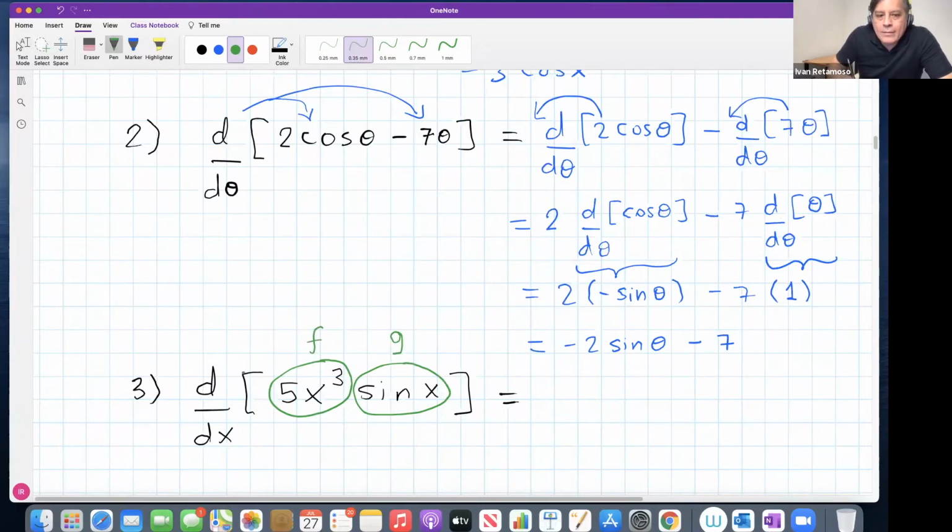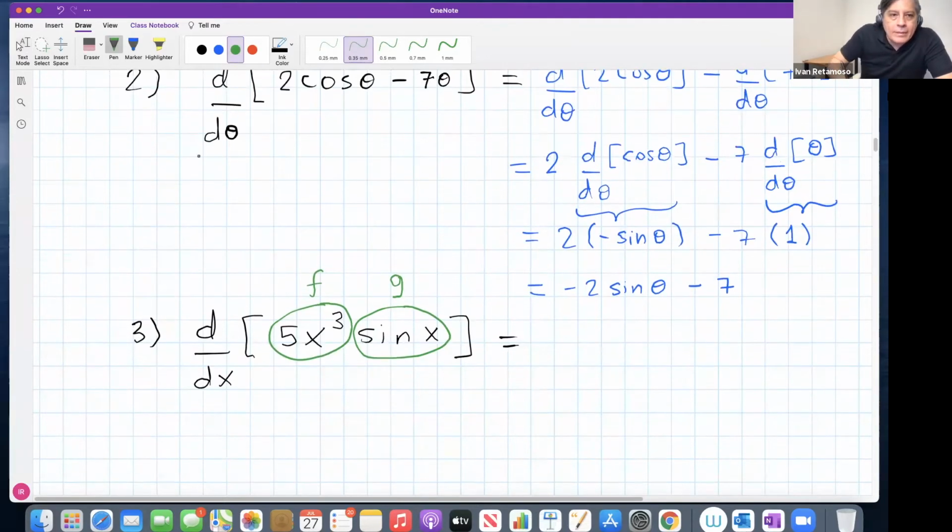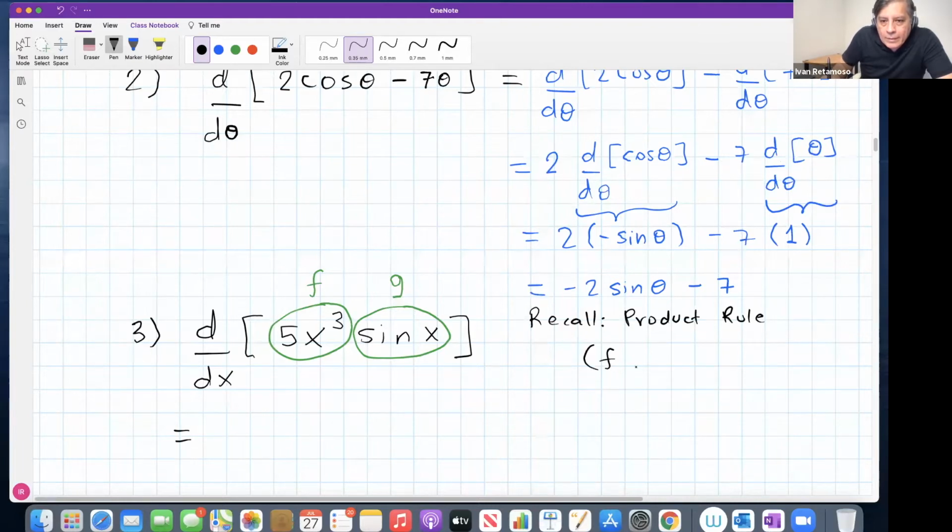Remember, derivatives cannot be distributed over the factors, right? Instead, there is a so-called product rule, which I'm going to recall for you here. Let's write it here, the product rule that you should also memorize. We're going to use this rule a lot. Product rule: the derivative of f times g is equal to the derivative of f times g, plus the derivative of g